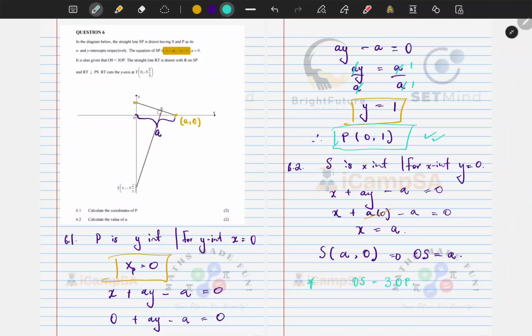Right, so OP, remember what we found. We found P to be (0, 1). So that means that this length here, from here to here, is going to be 1 unit. So we can just write it, it's going to be 1. So that means that OP is going to be 1